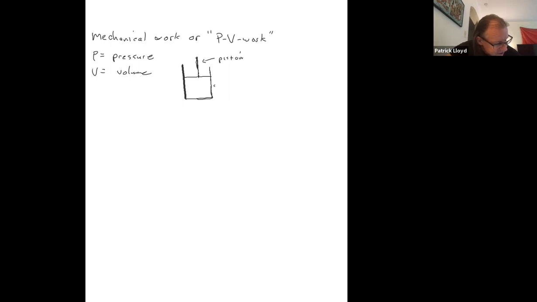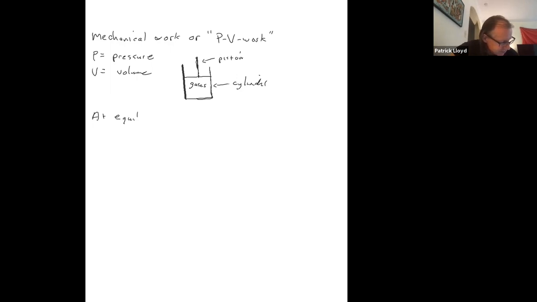Okay, here's your cylinder. And then you got your gas or mixture of gases inside the cylinder. So that cylinder has a volume, right? The cylinder has a volume, and the piston can apply a pressure to the gas. And in general, what happens is the piston applies a pressure, but once the volume of the gas equilibrates or comes to some form of stability, the gases will apply the same pressure to the piston that the piston applies to the gases. So we'll say this at